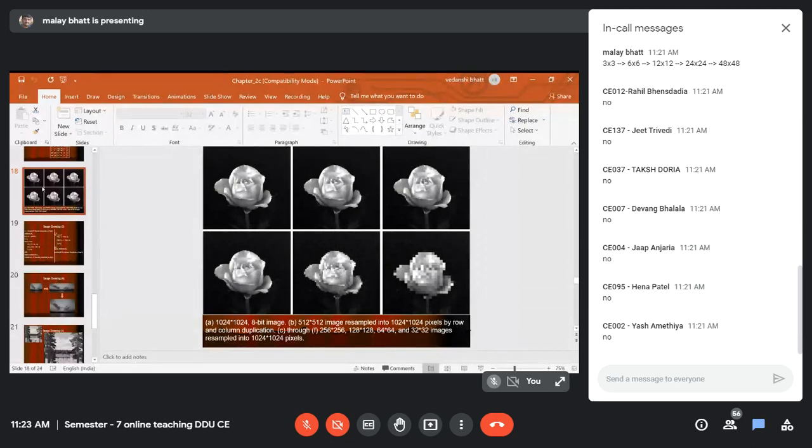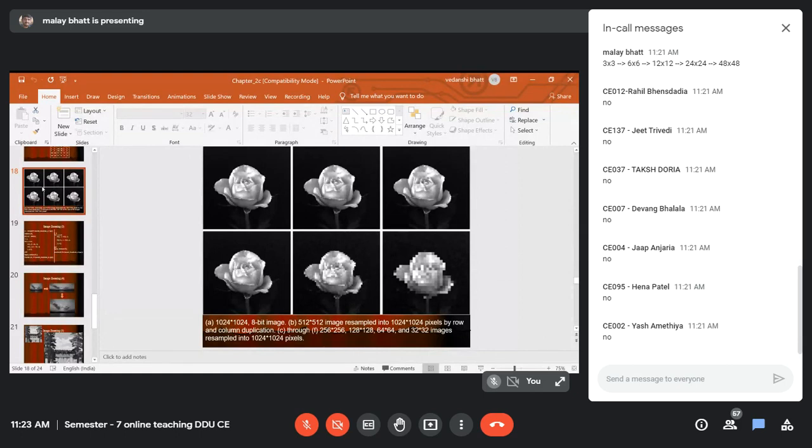Now the previous one, the bottom row, first image, is 128 cross 128. You can see that when it is converted to 1024 cross 1024, the petals of the rose are still not so clear. You can find jerks in the petal. You find an uneven boundary. You don't find a smooth boundary of the petal.